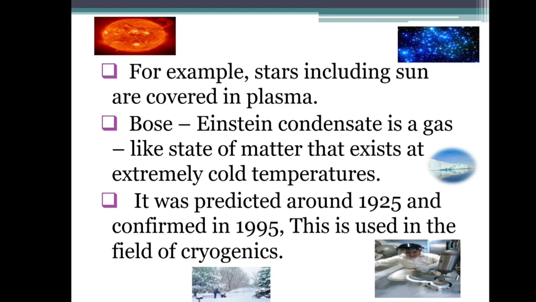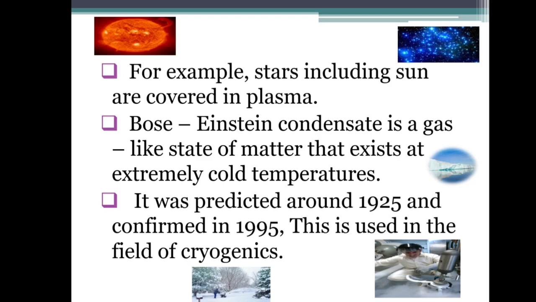So the example of plasma is stars, including the Sun also. Bose-Einstein condensate is a gas-like state of matter that exists at very cold temperatures. They predicted this in 1925 and confirmed it in 1995, and now it is used in the field